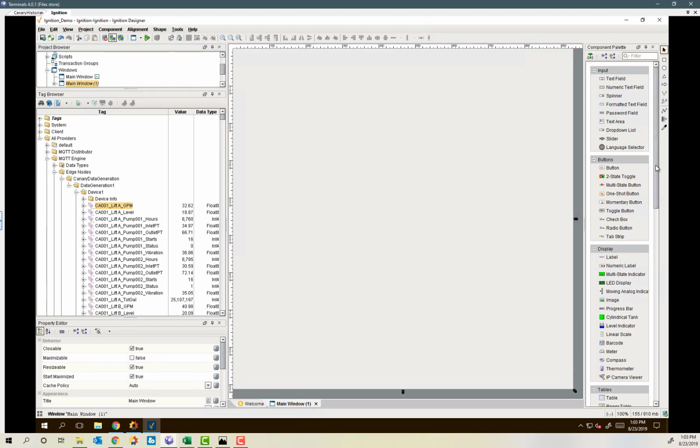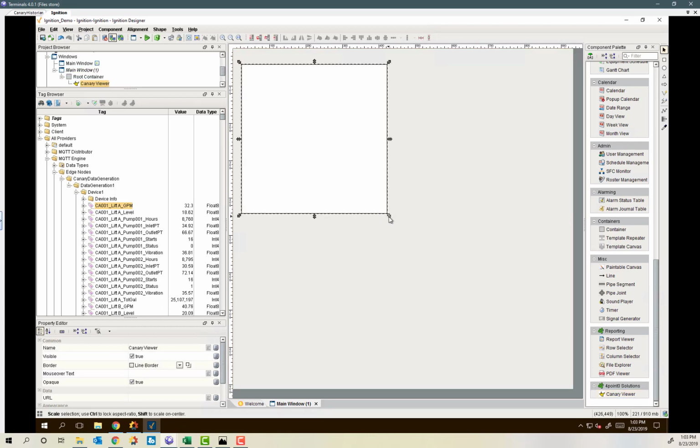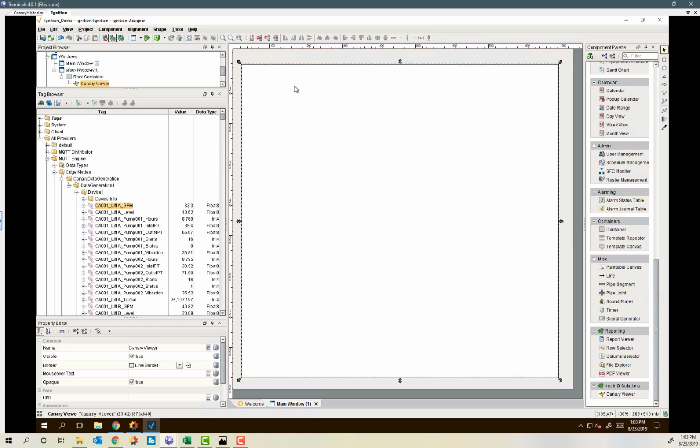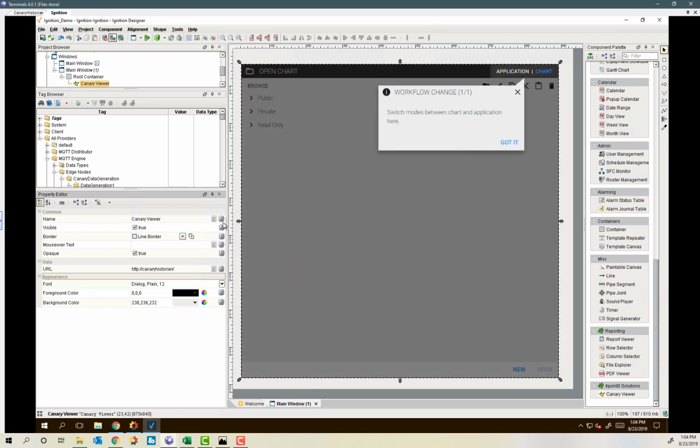And here on the far right side of our components, we'll find one called Canary Viewer. If we drop that on the screen, we'll find an iframe. This iframe has a couple properties, one of which is URL. And if I connect to the machine where I've installed my Axiom core, in this case it's the same as the historian, my Axiom client will now show